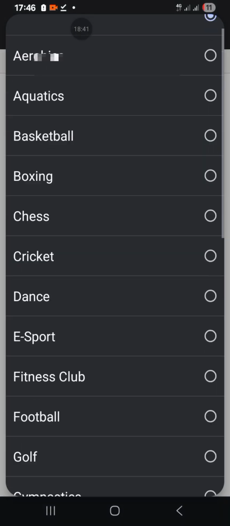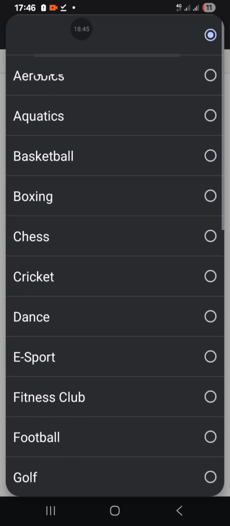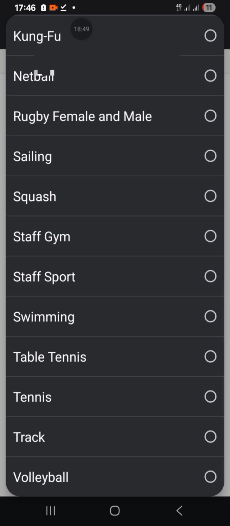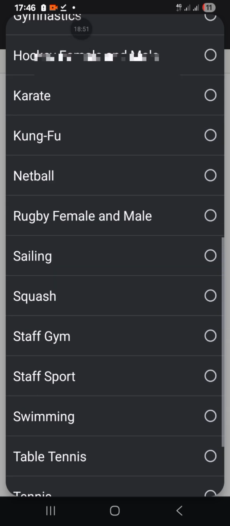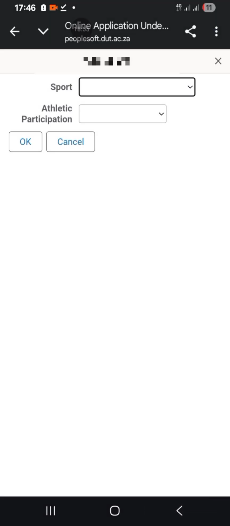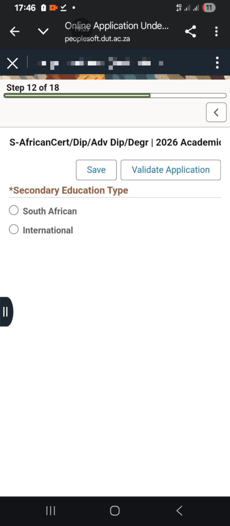You can also add the spot lapha. But it is not compulsory to add a spot. So I'm just gonna leave it for now.